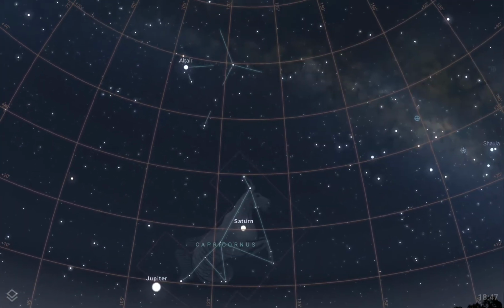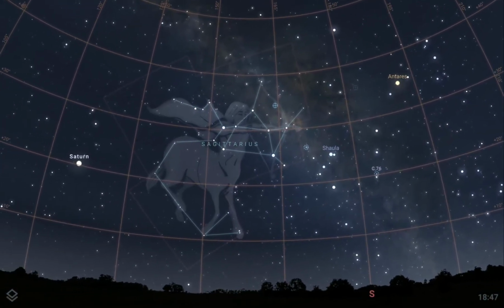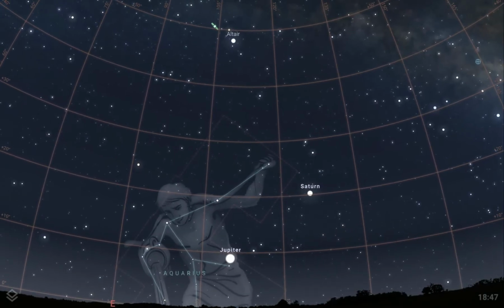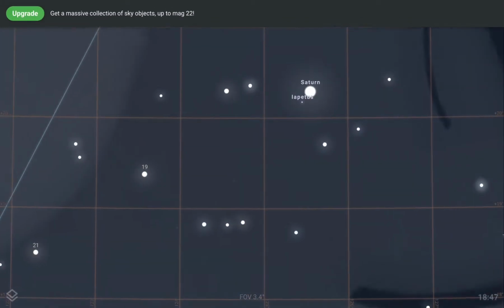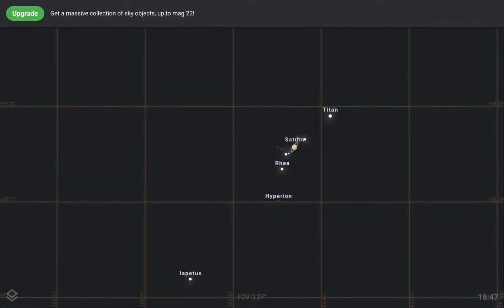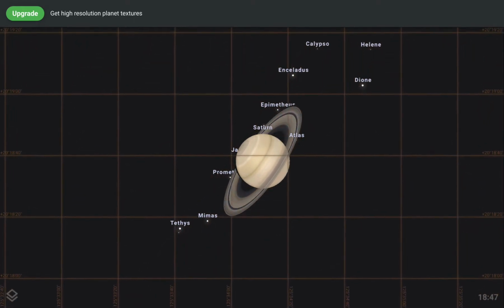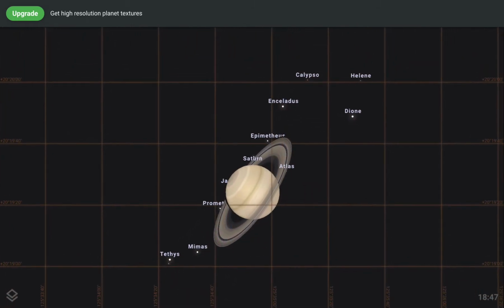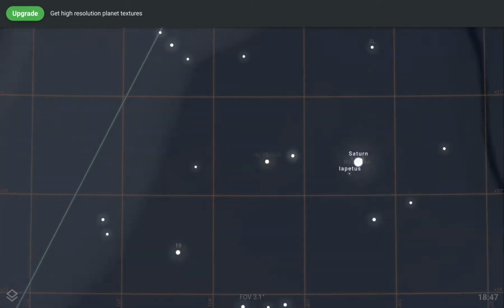So see, we can see the constellations, right? You can also see many small dots, and those are the stars. Now you can see here, this is Saturn. We can zoom in. I will show you. This is Saturn. Can you see that? And these are all the moons of Saturn, the satellites. Saturn is moving and we can see that. This is also very helpful.